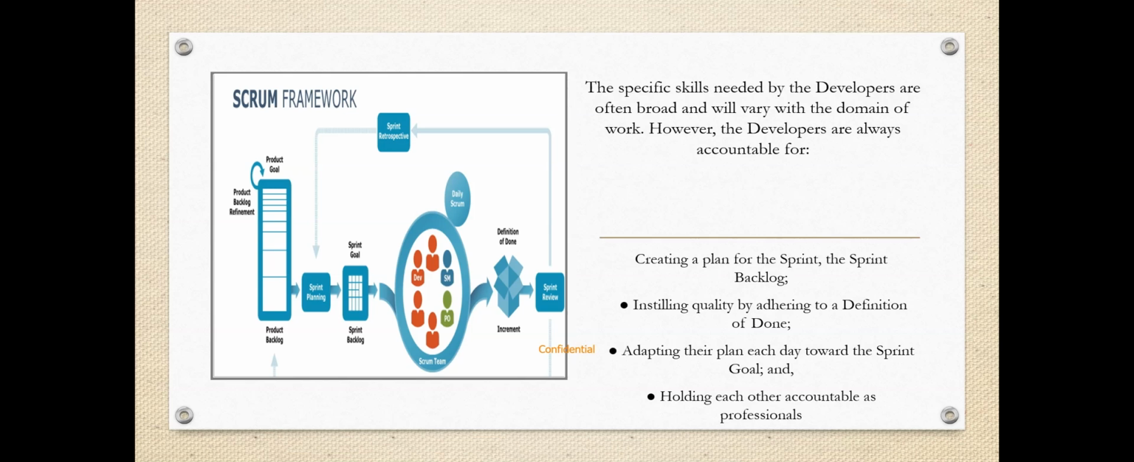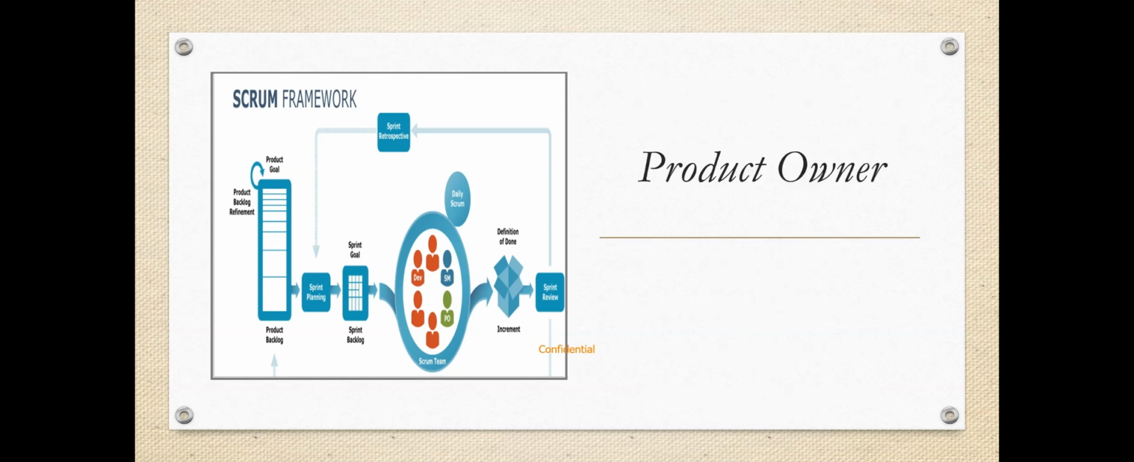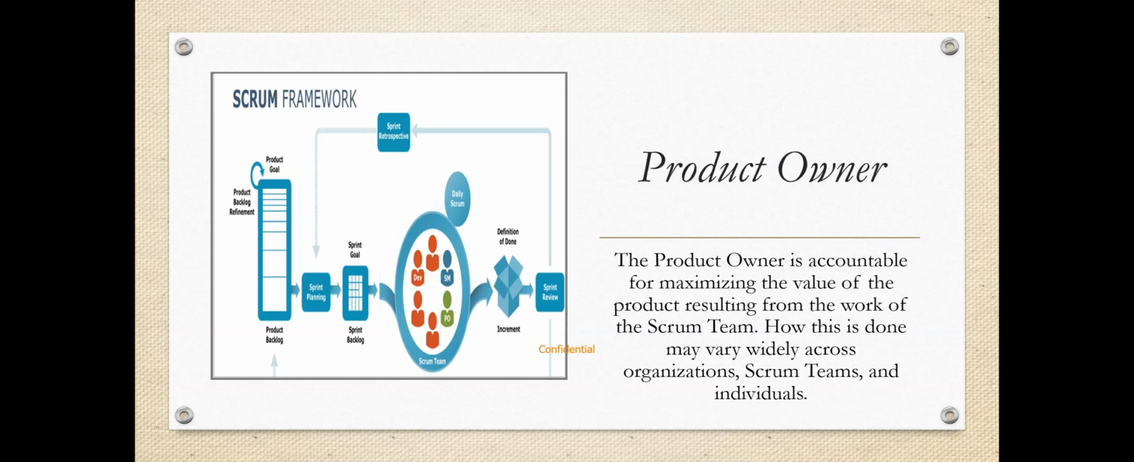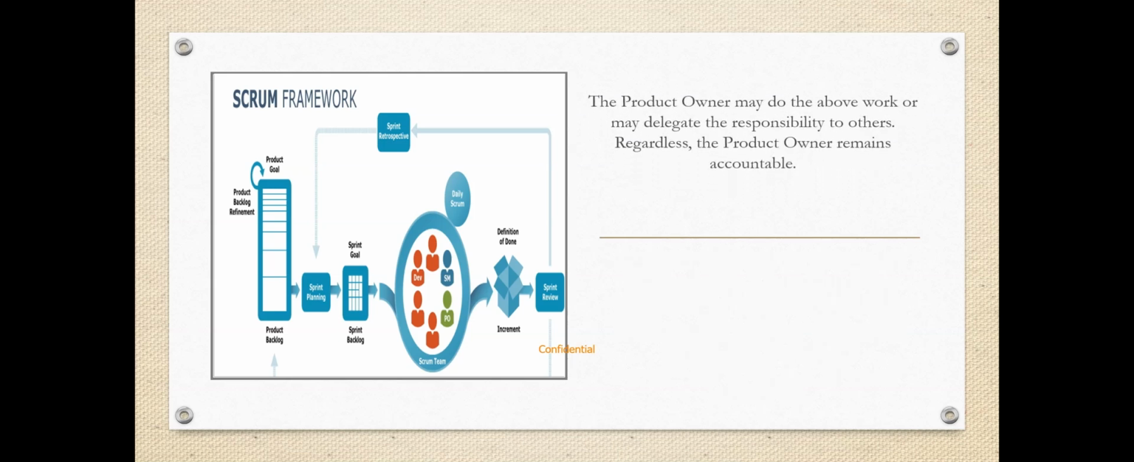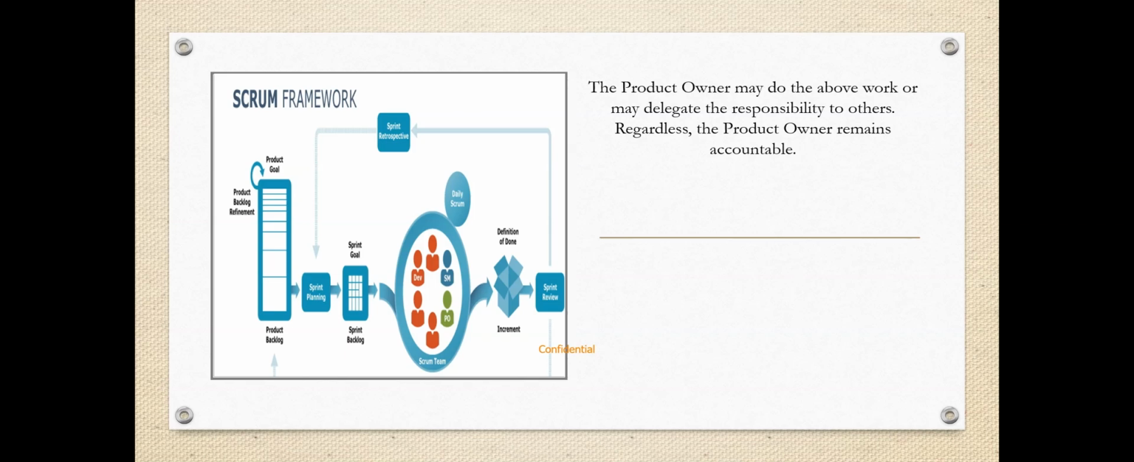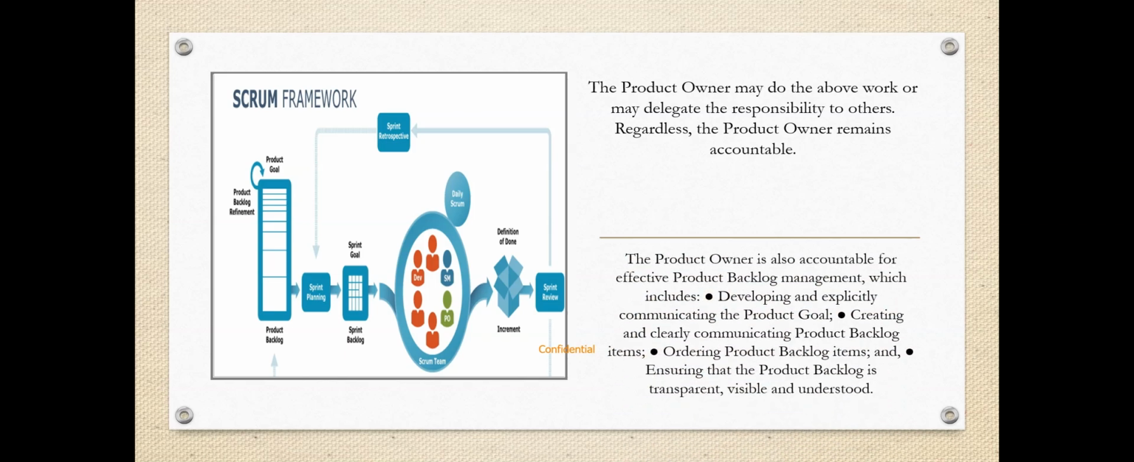Product owner. The product owner is accountable for maximizing the value of the product resulting from the work of the Scrum team. How this is done may vary widely across organizations, Scrum teams, and individuals. The product owner is also accountable for effective product backlog management, which includes developing and explicitly communicating the product goal, creating and clearly communicating product backlog items, ordering product backlog items, and ensuring that the product backlog is transparent, visible,